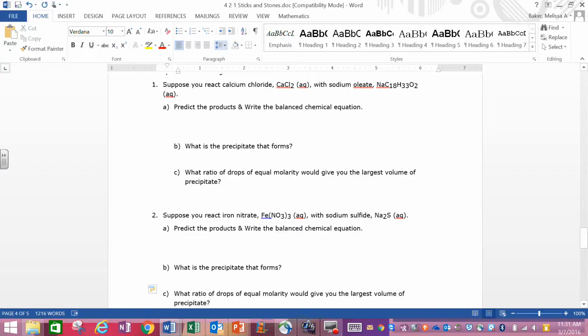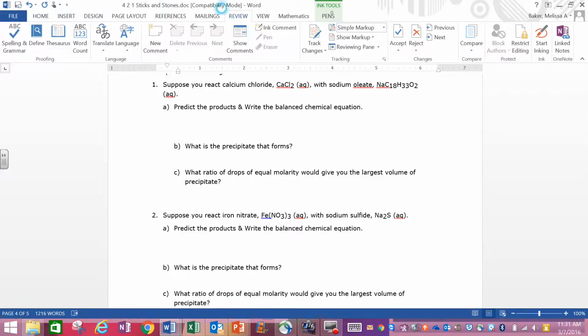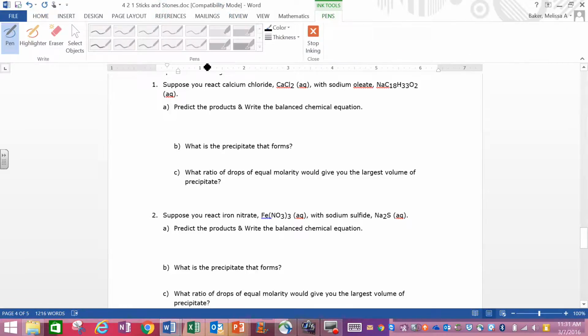All right, we are working on the homework following the Bones and Stones lab where we investigated different ratios to figure out how to make the most product. So for the first one it says predict the products between CaCl2 and